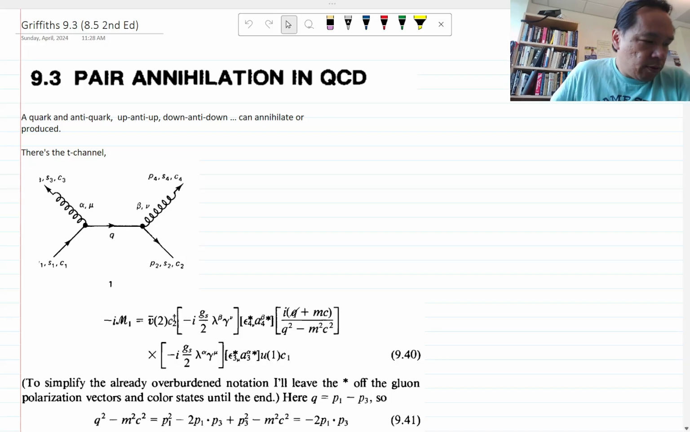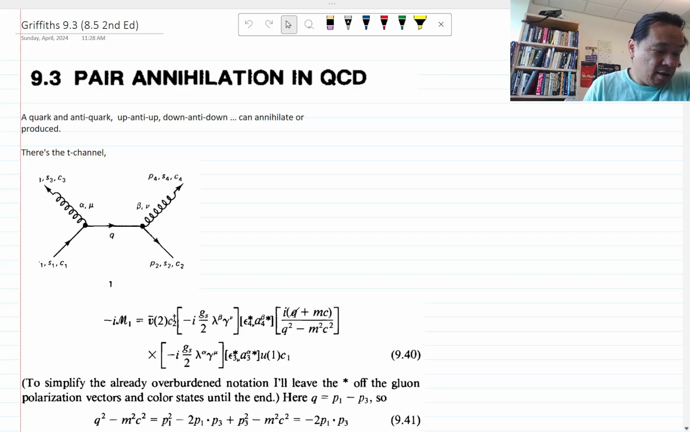Hi, everyone. So we're going to finish up Griffiths Chapter 9 if you're using the first edition, and then 8.5 if you're using the second edition. Sorry, I didn't notice that the different editions have different sections in Griffiths. I'm also going to,